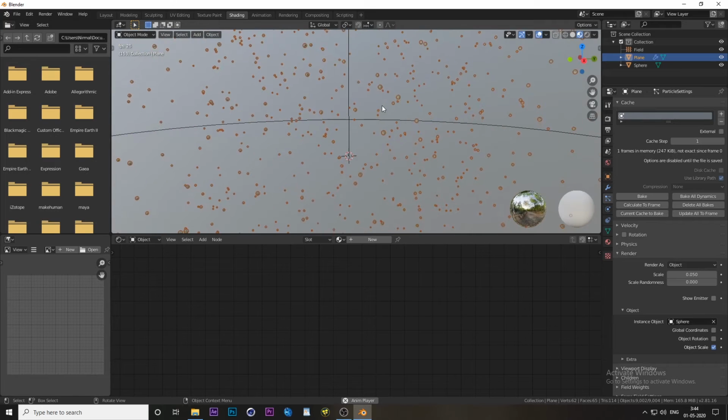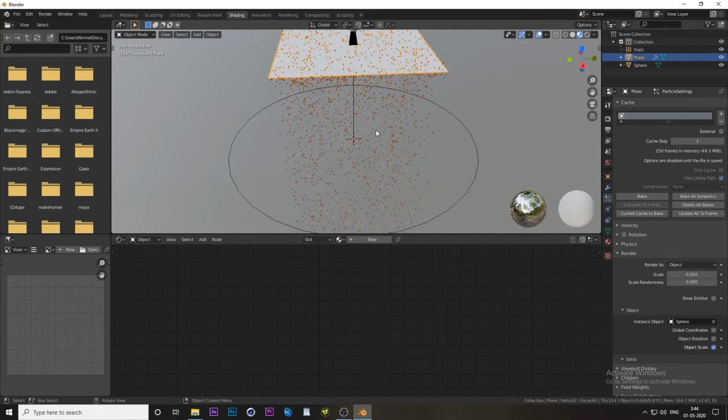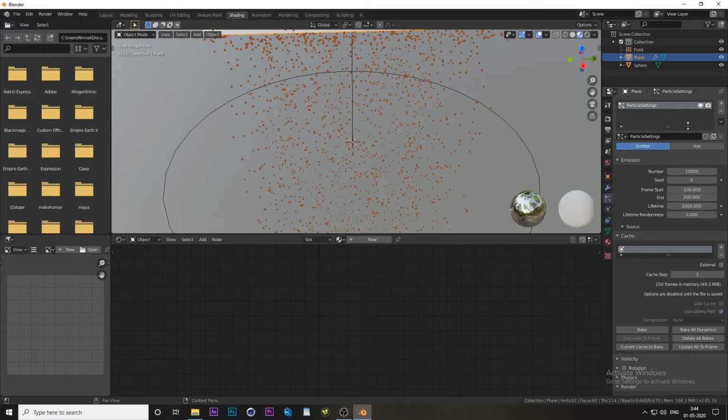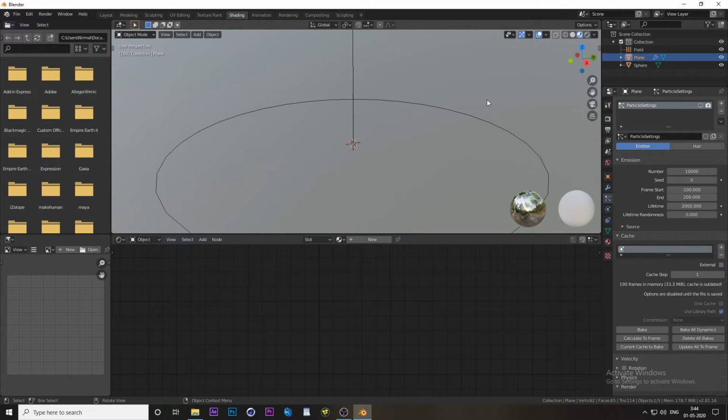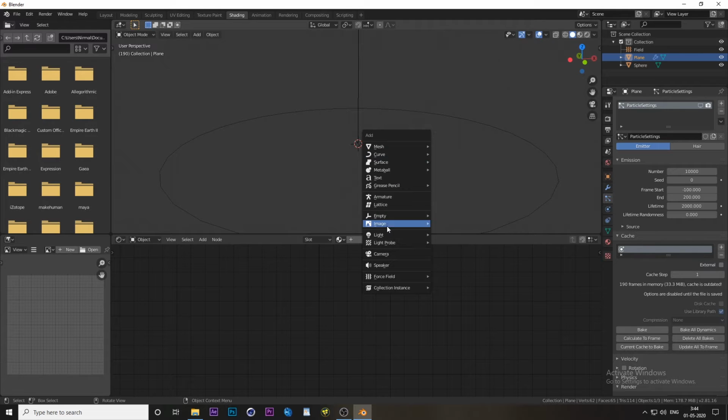Let's check. Yeah, it looks good. Now it's time for us to add a camera. To do that, let me first turn off the particle system. Go to the solid view. Go to Shift A,